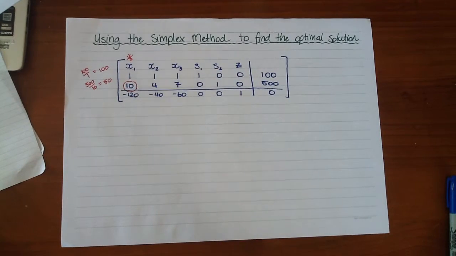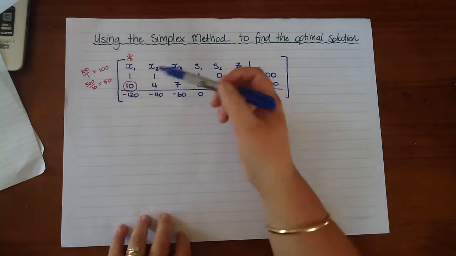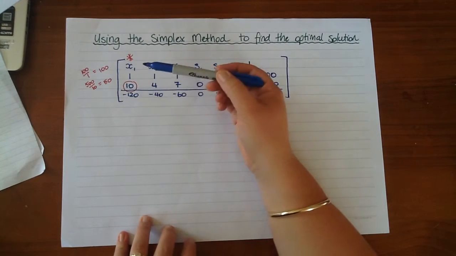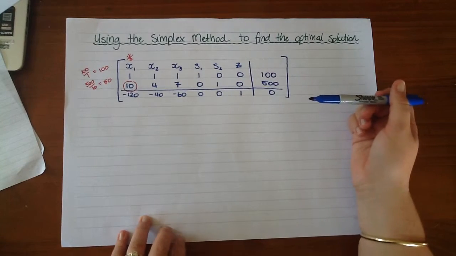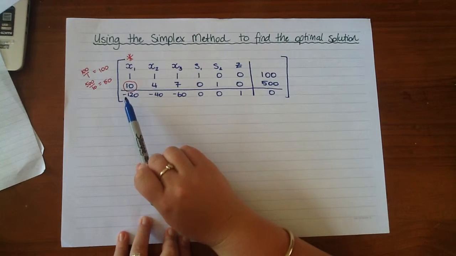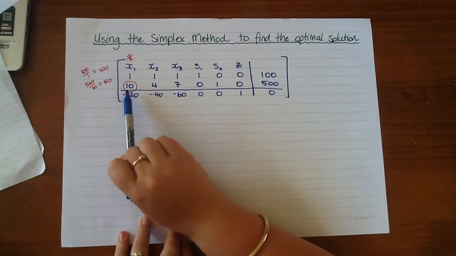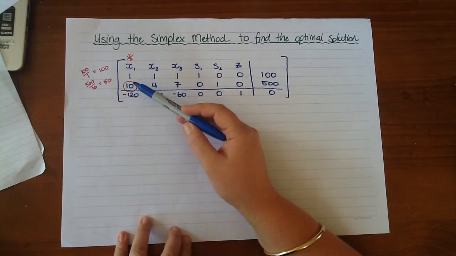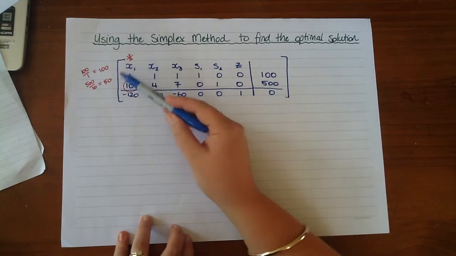Remember, our purpose of pivoting is to make all of the other values in the column equal to 0 by doing some row operations. We've got to use that 10 to make that a 0, and we've got to make that a 0. When we were doing row operations for the first time back in term 1 or term 2, we would have subtracted 1/10 of that row from that row, which means we end up with lots of fractions, which makes it quite difficult to work with. So the other way of doing it, rather than subtracting a 1/10 of a row, if we're trying to make that a 0,